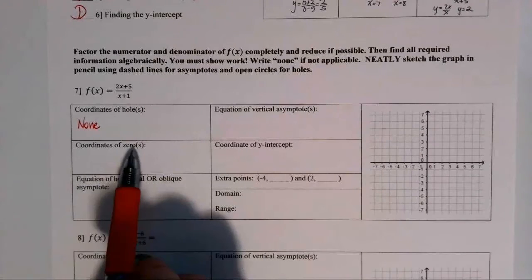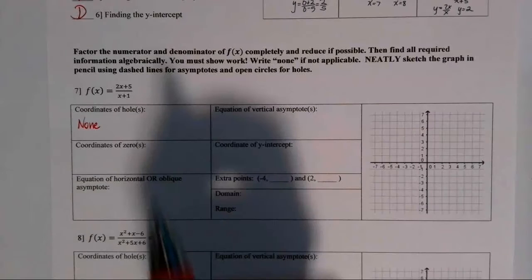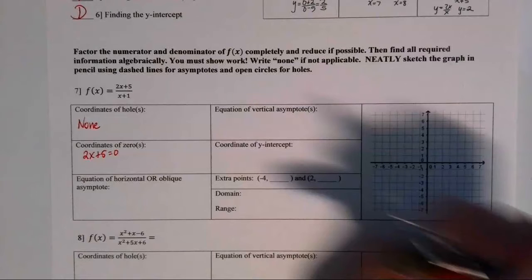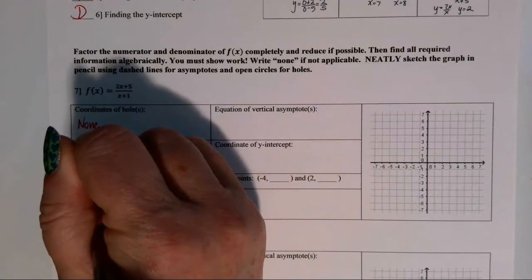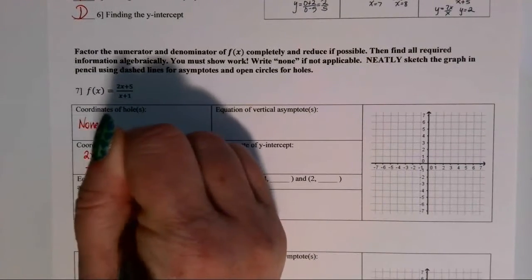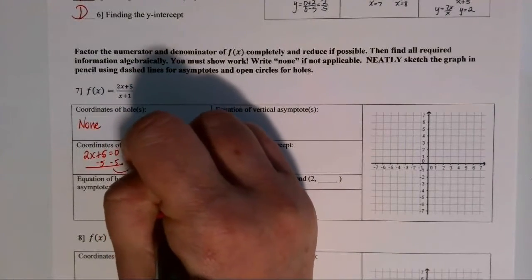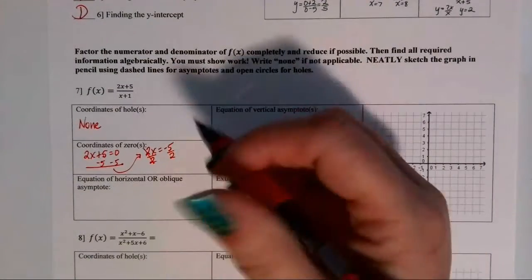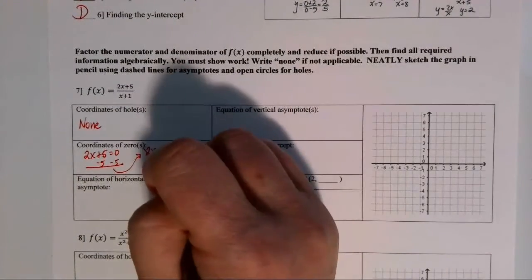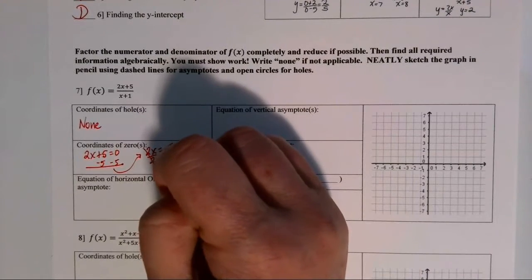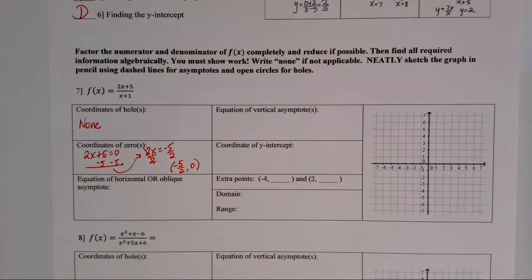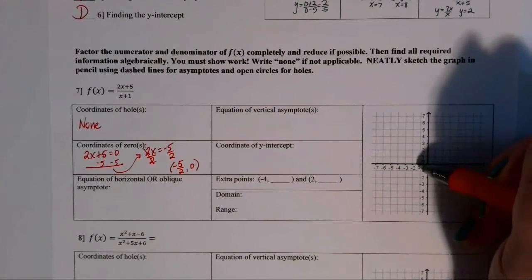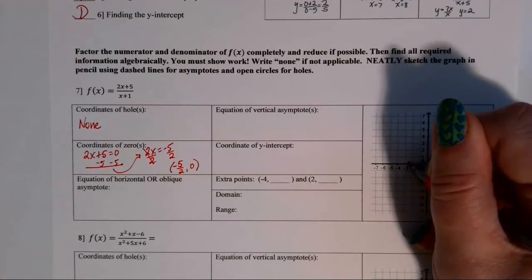Okay, then we would look for the coordinate of the 0 by setting the numerator 2x plus 5 equal to 0 and solving for x. So subtracting 5 from both sides, we get 2x equals negative 5. Then we would divide both sides by 2, and x equals negative 5 over 2. So the 0 would be at negative 5 over 2, comma 0. And that's negative 2.5, so we'd come over here to our graph, and along the x-axis at negative 2.5, we